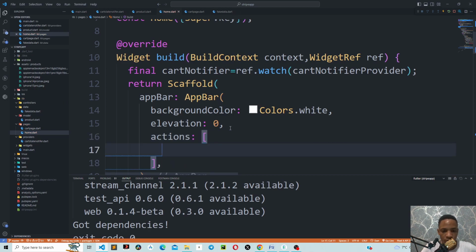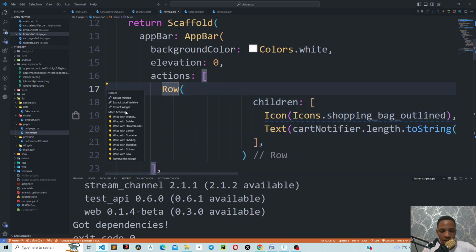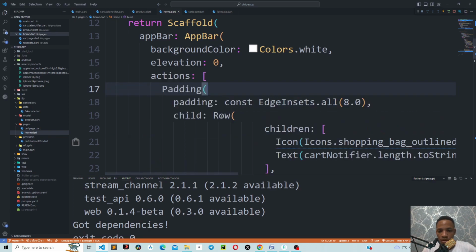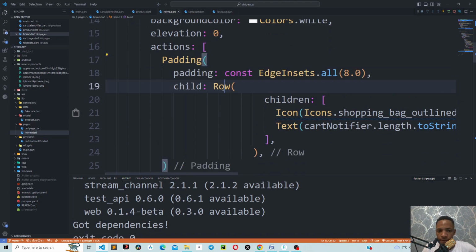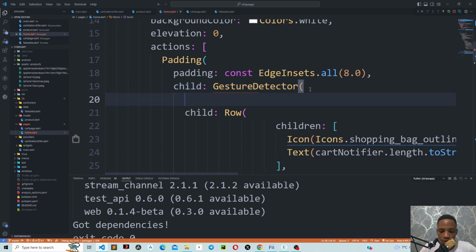Inside the actions, we just need to paste this. Then what we need to do is give it a padding, and let's also give this a gesture detector, and then we need to give it an on tap, which is